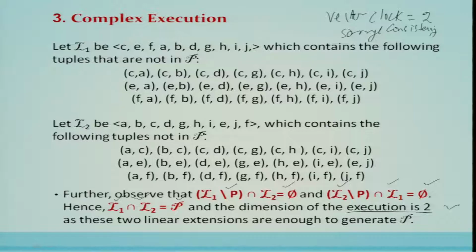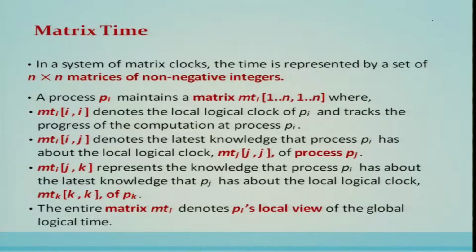So for the total number of processes equal to 4, only the vector clock of size 2 is required in this particular case. Finding out the dimension of the partial order is not going to be easy; computationally it is going to be difficult. So posterior analysis is required here to identify the size of the vector clock, and it can be optimized, and different algorithms are going to use this kind of concept in reducing the size of the